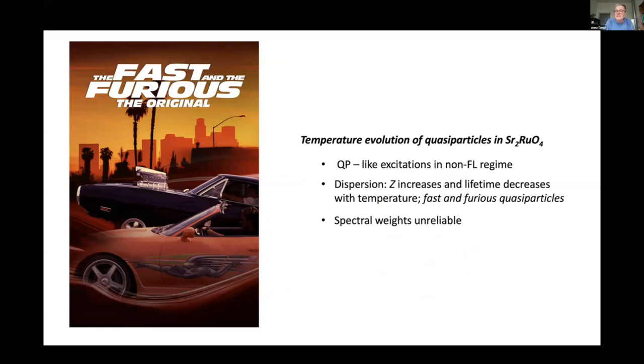And as we increase temperature, we find that Z increases. So these quasi-particles tend to become faster and faster, and the scattering rate goes up. So I like to call them fast and furious quasi-particles. And that excessive broadening is the reason why they tend to disappear as you move into the bad metal state. And I discussed with you spectral weight,